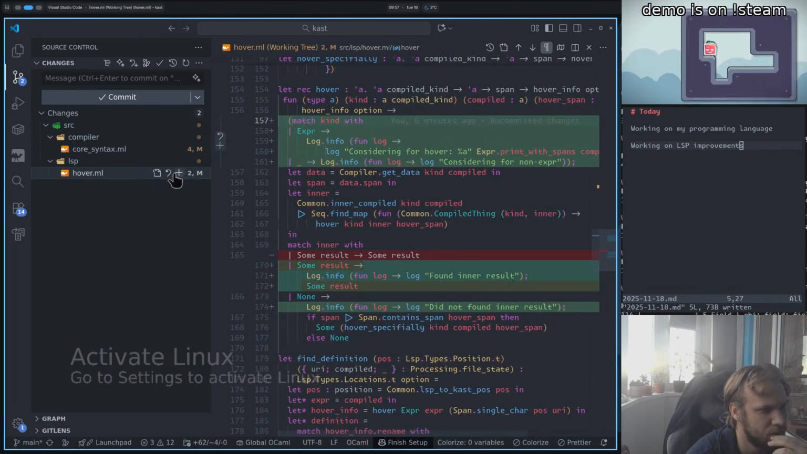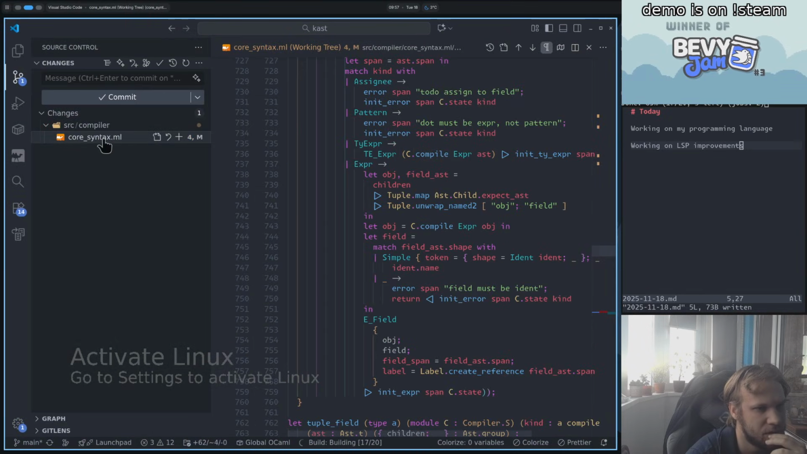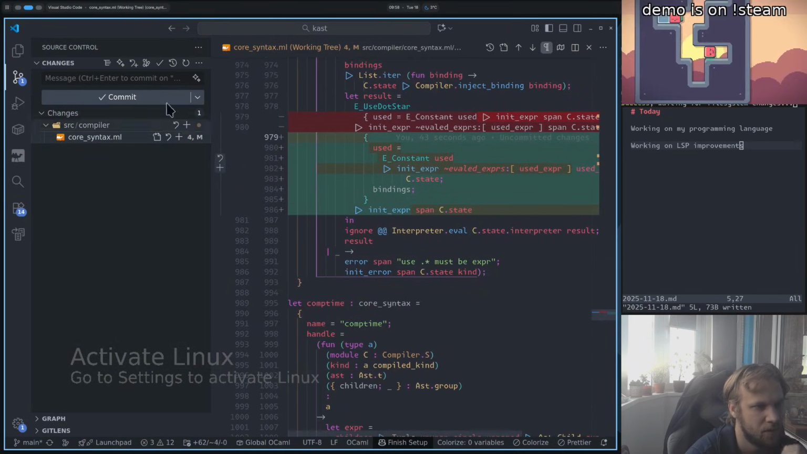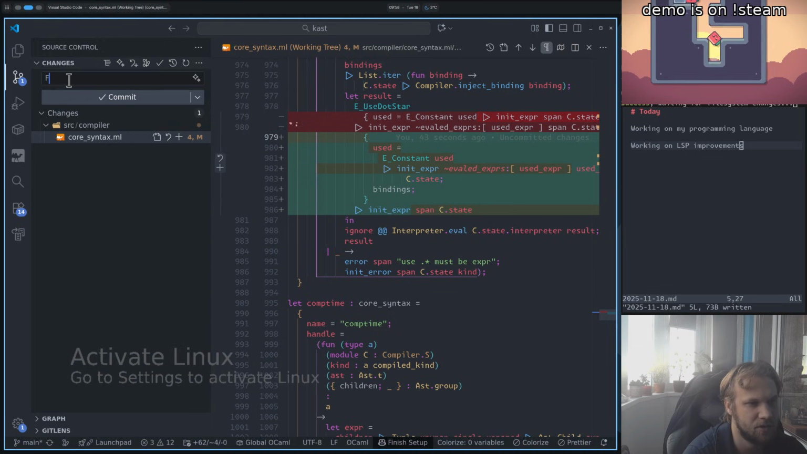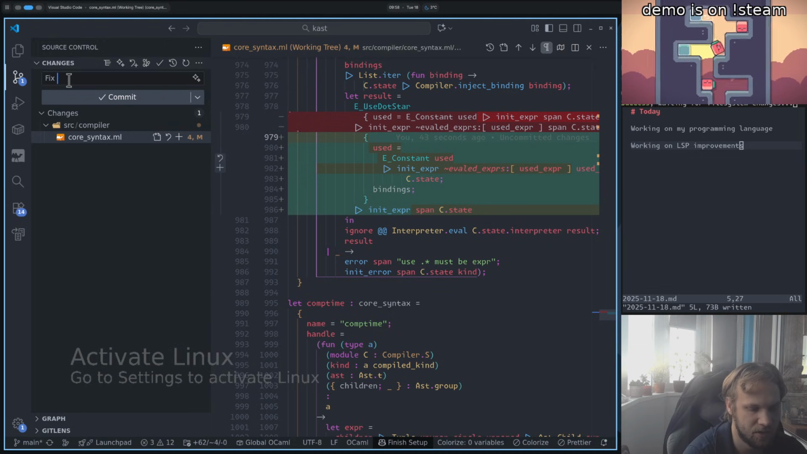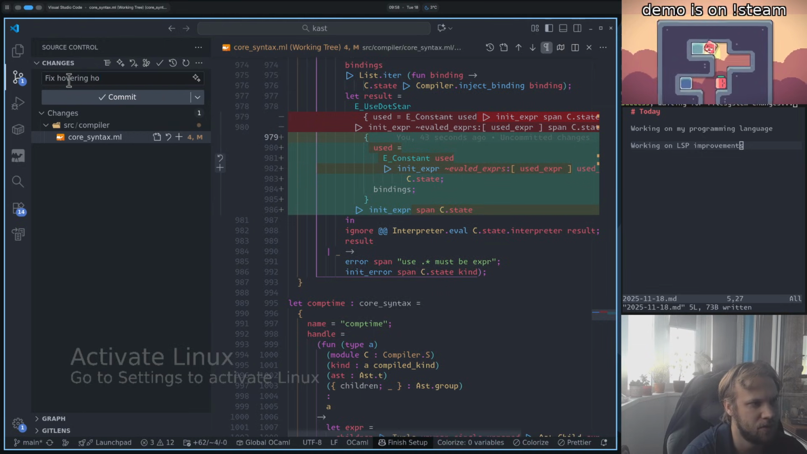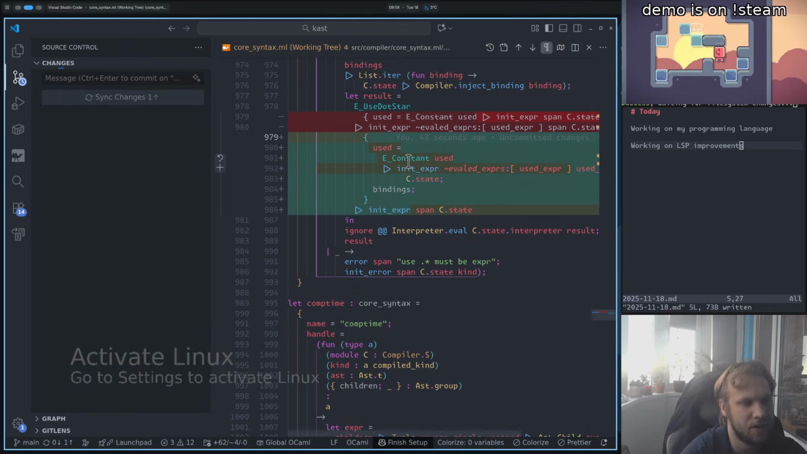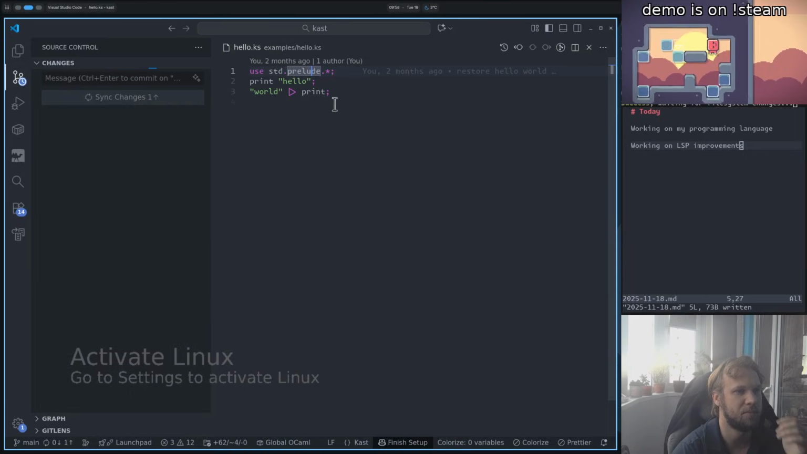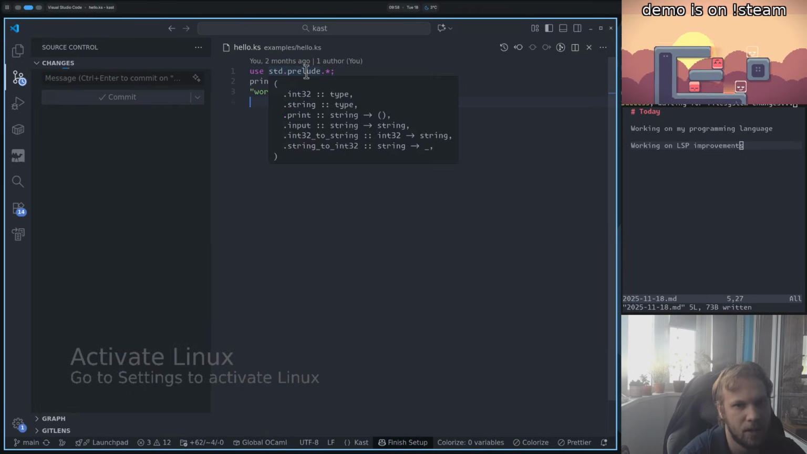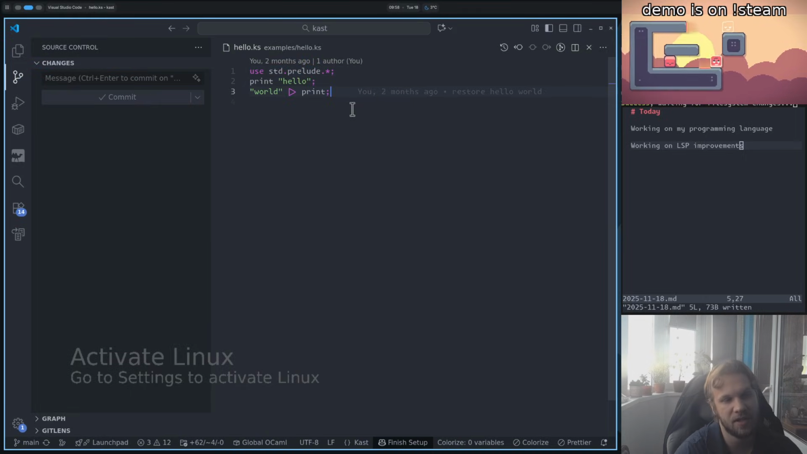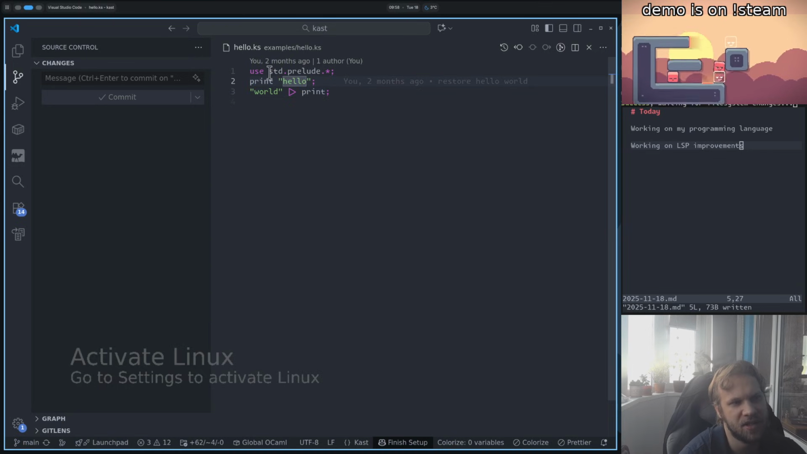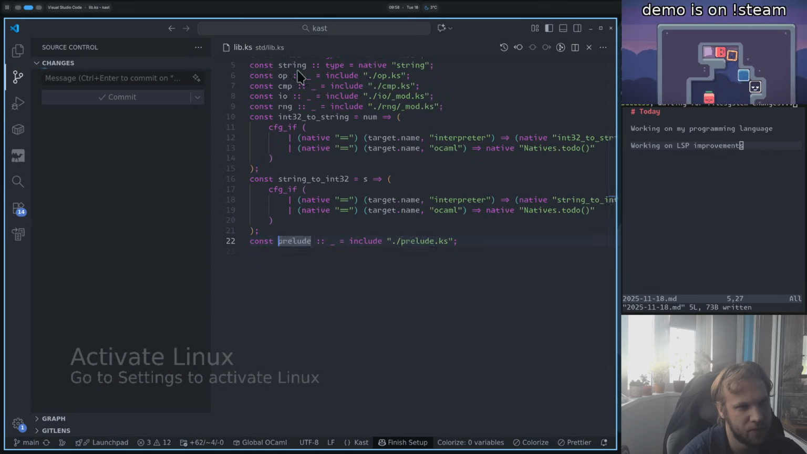This is just some logging, which can be discarded, and then this is what actually is fixing hovering for use.star. Okay, that's a good thing. Let's see what else can be improved. So one of the things that can be improved, what is std prelude right now? If we look there,